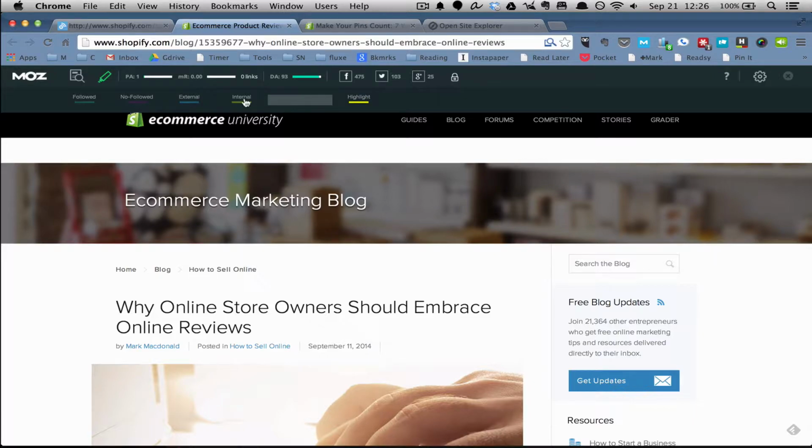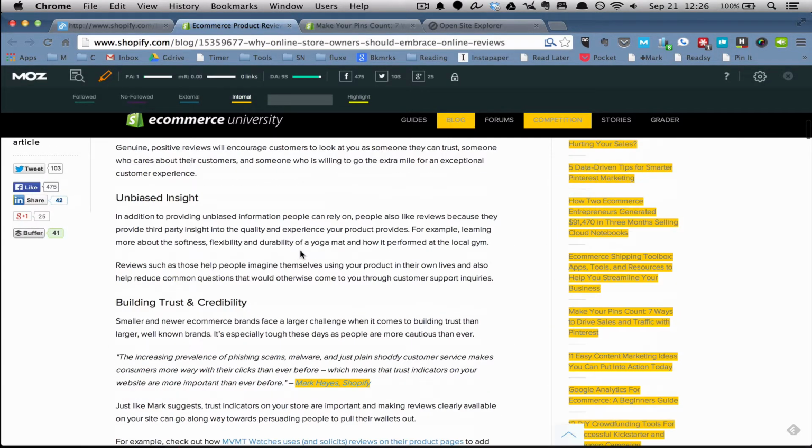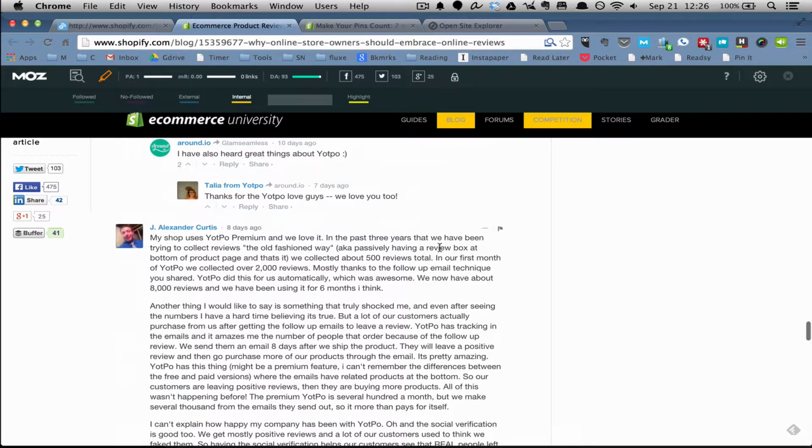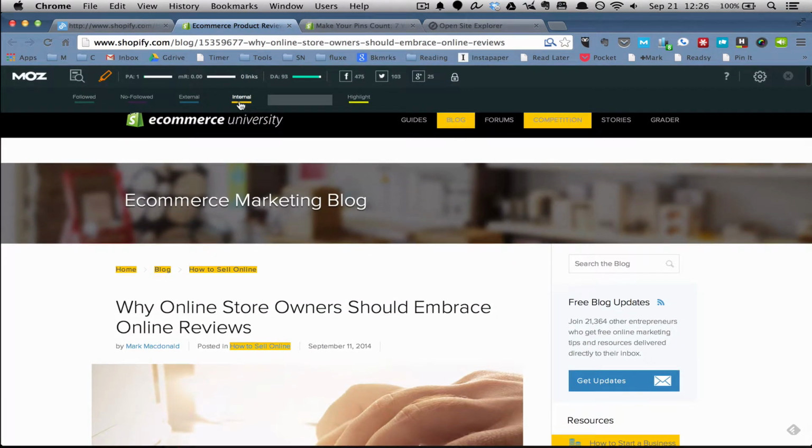As well, you can do a quick scan of internal links, how often they link to other posts in their site, which is always a good strategy. Now what we can do is actually click on the number of links here that they have. So we said that they had 154,